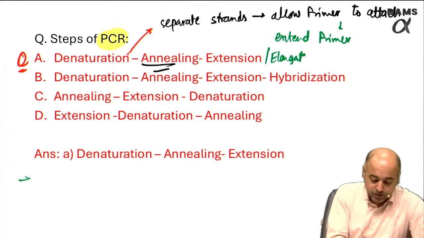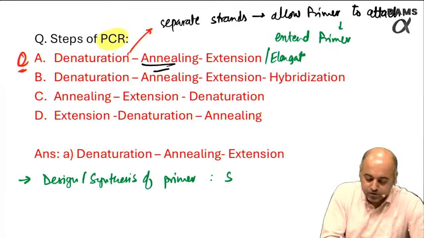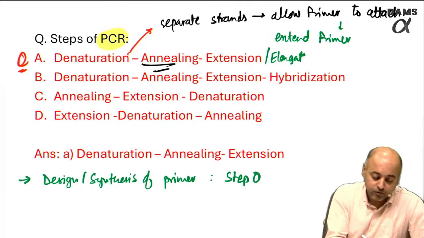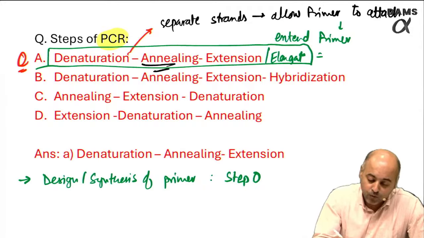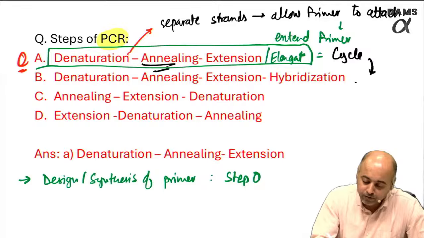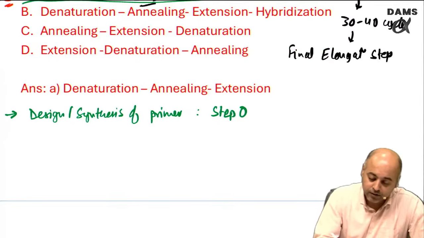Prerequisite for doing the polymerase chain reaction is design and synthesis of primer. Sometimes this is known as step 0. These 3 steps make up one cycle. 30 to 40 such cycles, followed by a final elongation step. This final elongation step is longer than normal,